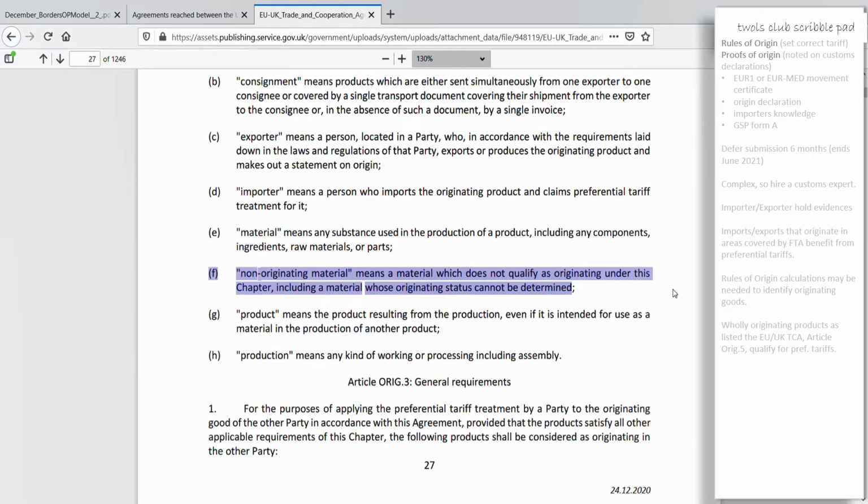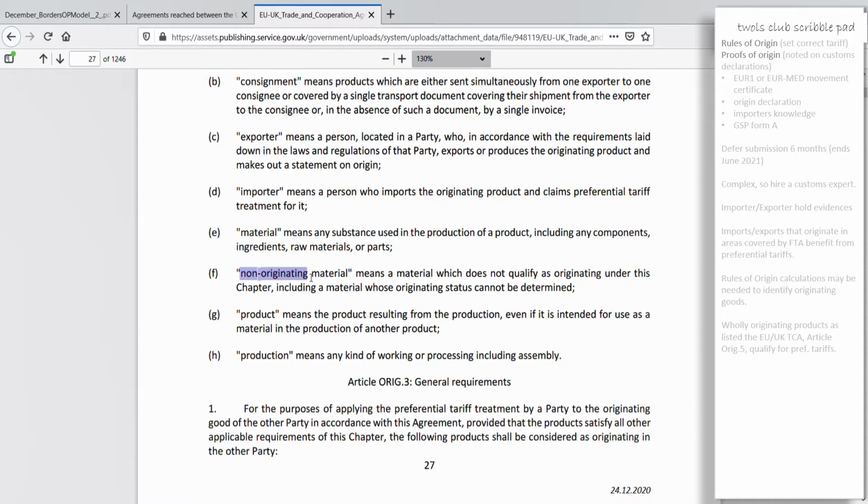And to add to this, if a product is not wholly obtained from the UK or EU, then these terms, originating and non-originating, are used in the context of working out which tariff applies to a goods movement. And as with wholly obtained goods, originating goods are also applicable for preferential trade agreement tariffs. And ultimately, non-originating goods are not. And in this latter case, tariffs are based on a global WTO tariff. But it's not quite as simple as that.